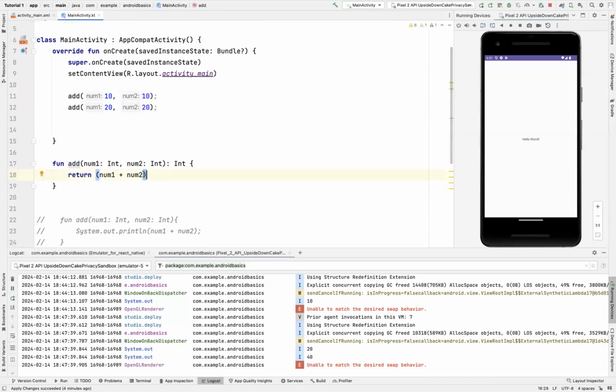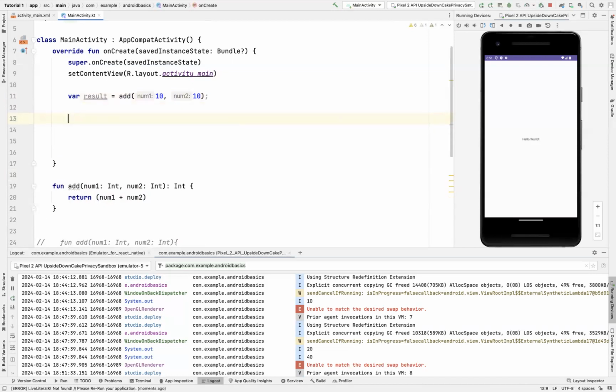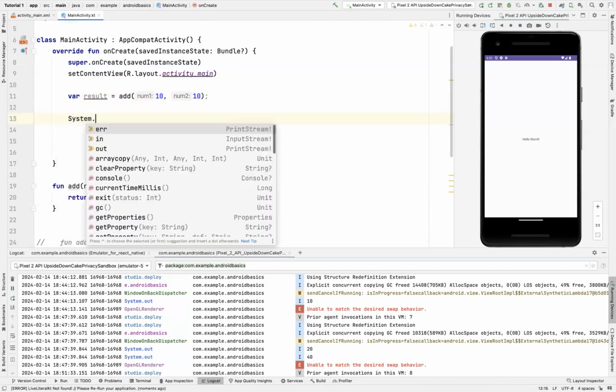What it's actually going to do is return us the value. Now, if it's returning us the value, we need to store that value. So how do we store that value? Well, I'm just going to create a variable. So var result equals add. What would happen now is the value of 20 will be stored in result, and then I will be able to do